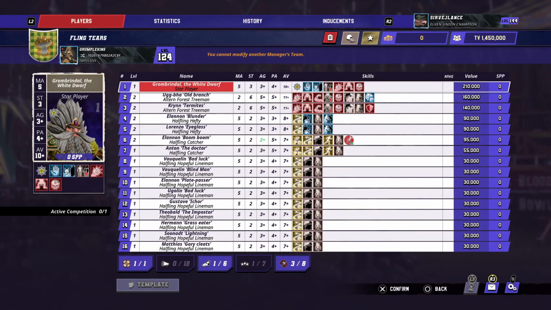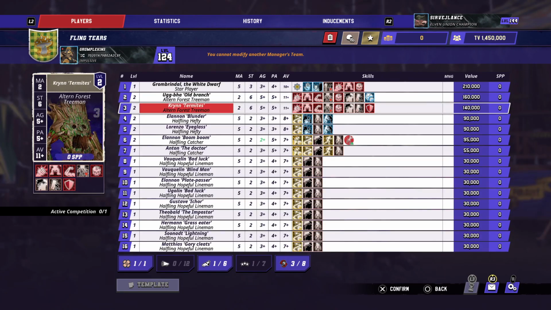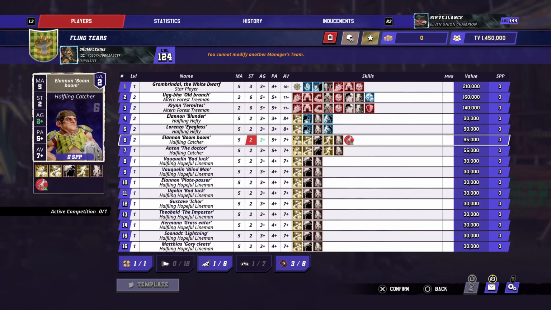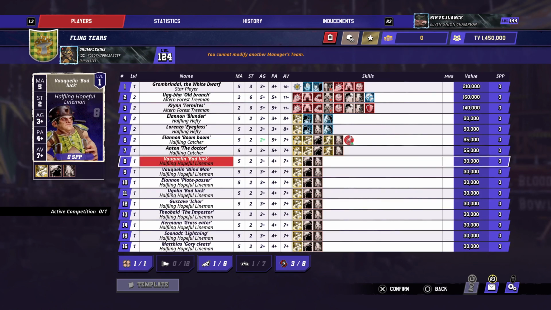16 players roster with Grombrindle, his favorite star, I know. And he has a pro and a guard, 3 and 2 wrestle hefties, and an AG up catcher and the regular catcher, and hopefuls up to 16, 3 rerolls, 1 as coach and 1